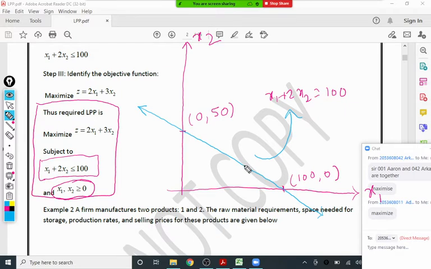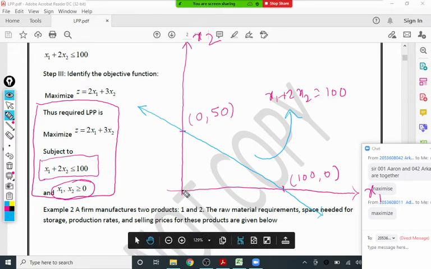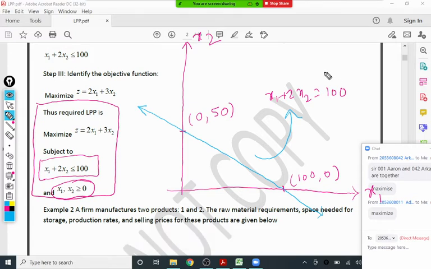Now this straight line always divides the plane into two regions. One region is considered as away from origin and the other region as towards origin. You'll observe the lower region involves the origin, the upper region does not. That is considered the origin test to check which is the correct region. There is one simple condition also, 99% of the time: when the constraint is less than or equal to type, the region is always towards origin, and when the constraint is greater than or equal to type, the region is always away from origin. So that is 99%, but in a few cases you should be alert.